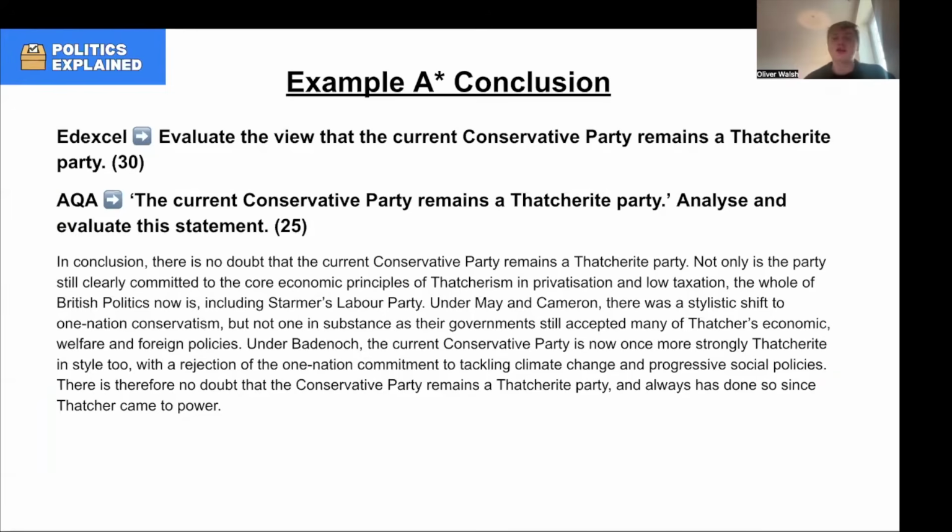Evaluate the view that the current Conservative Party remains a Thatcherite party. And this is a good example of really justifying our judgment and also looking at kind of justifying it based on change over time. In conclusion, there's no doubt that the current Conservative Party remains a Thatcherite party. Not only is the party still clearly committed to the core economic principles of Thatcherism in privatisation and low taxation,